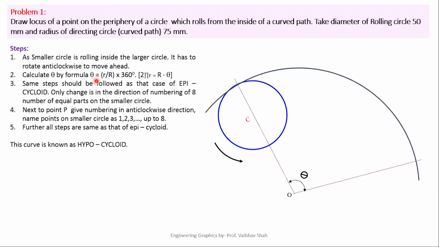After getting the value of theta, we have to plot this theta against this line like this. So we'll be having this another line which will define the end position of your rolling circle at the end of the rotation. Now, after having this theta,